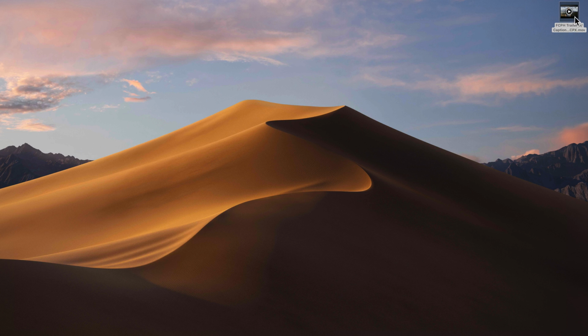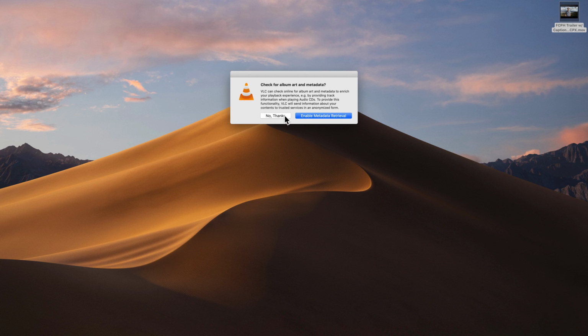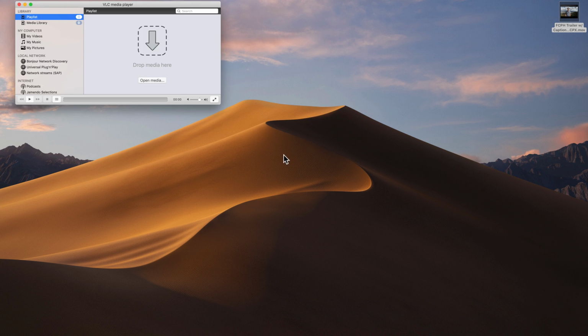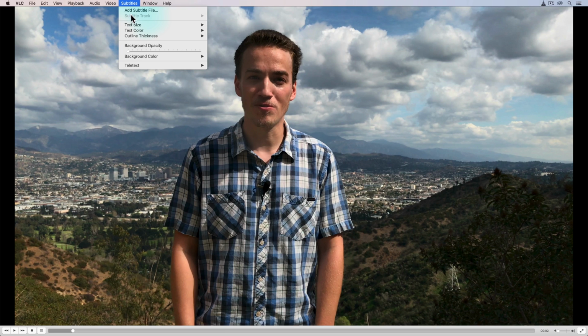However, here's the problem that I've run into. If I go down and open up the same video into VLC, which is another very popular media player, let me go ahead and mute this and do the same thing. I'm going to go up to the menu bar in VLC, and there's a subtitle menu. You'll notice for Subtitle Track, it's grayed out, meaning there's no subtitles on this video, or at least VLC can't